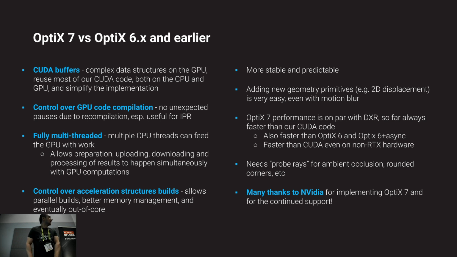If the materials are complex, then Optix unfortunately doesn't help that much, because only the intersection of rays with the scene is hardware accelerated, but still it's faster than our CUDA version. We need one little final feature for our Optix integration to be fully complete, which will allow us to do ambient occlusion and rounded corners